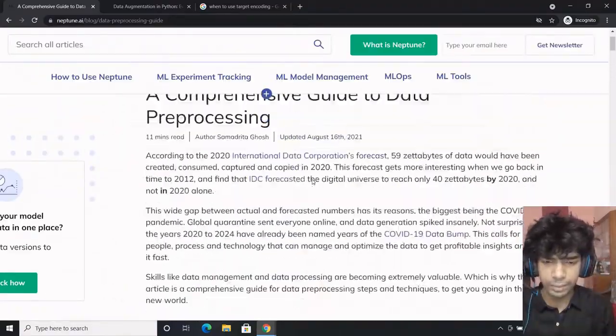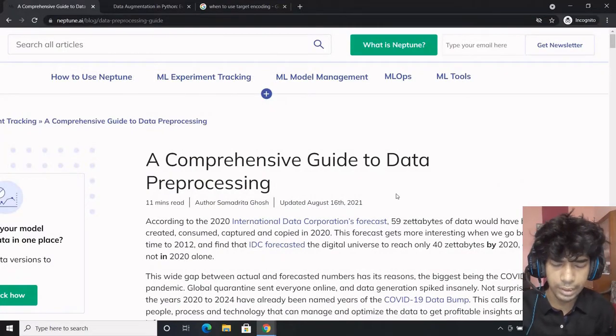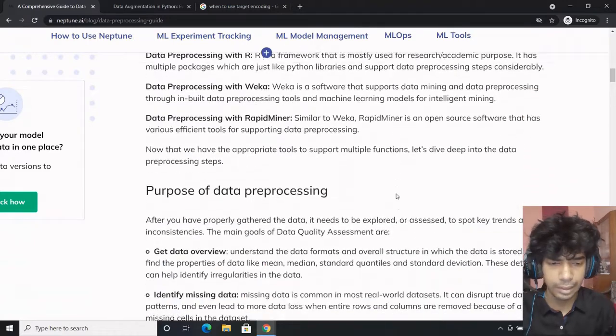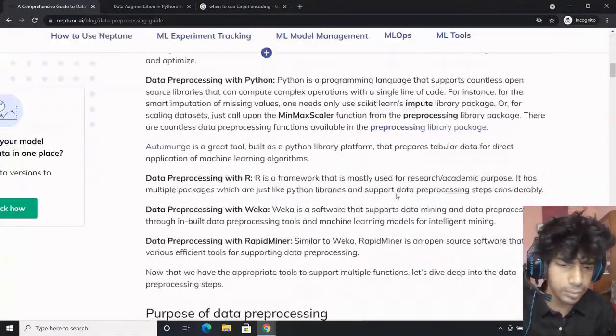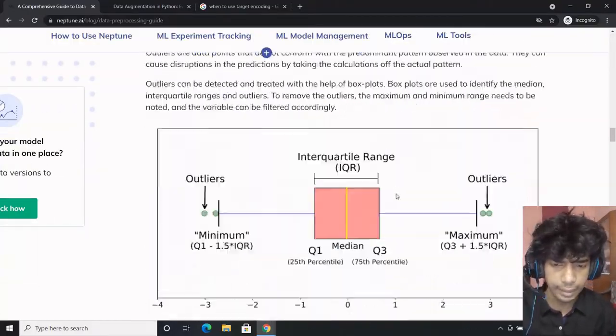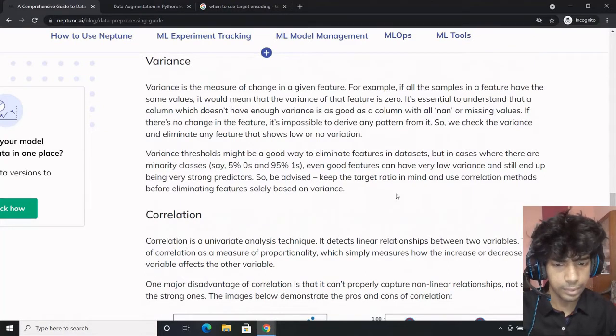This is a good overview of what methods there are for data preprocessing, and it's quite handy. So you load the data. After loading the data, you would love to do data preprocessing, and this is something which would be of great use to you. So I think discussing this was worth it.